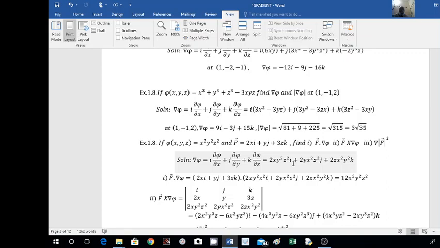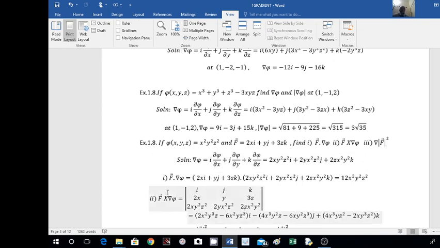This is equal to i into ∂phi/∂x, differentiation of this with respect to x, so 2x y squared z squared, plus j into ∂phi/∂y, x squared into the derivative, which is 2y z squared, so 2y x squared z squared, plus k into differentiation with respect to z, z squared derivative is 2z, x squared y squared constant as it is, that is 2x squared y squared z into k. This is our del phi.